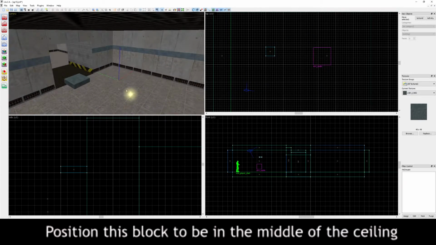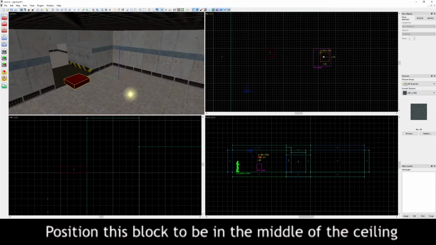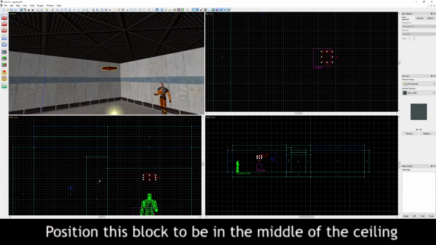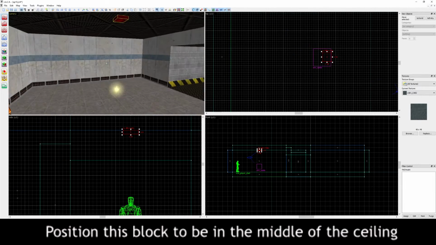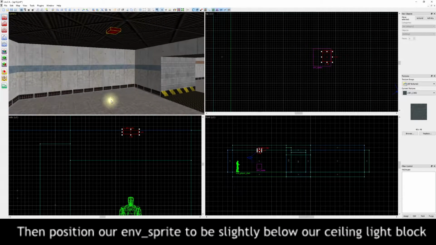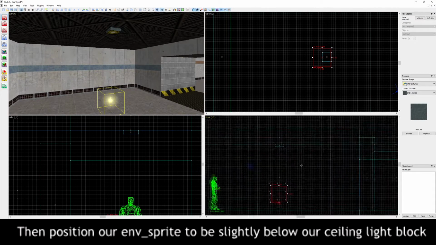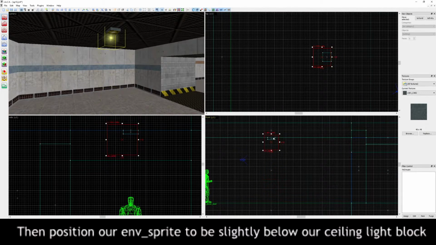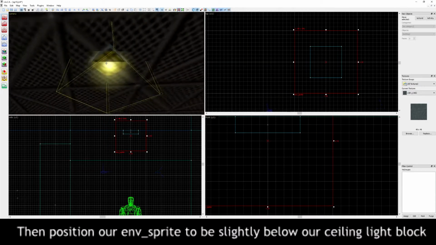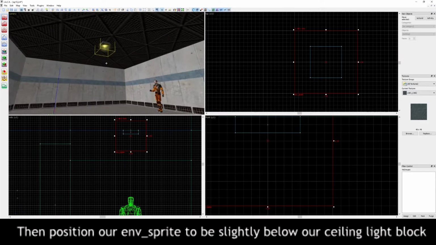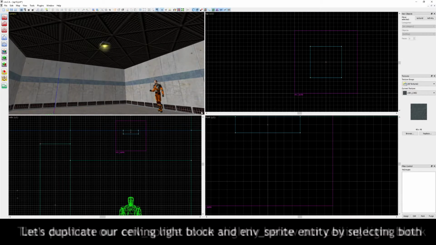Once textured, let's position our ceiling light to be in the middle of the ceiling. After that, let's position our environment sprite entity to be slightly below our ceiling light block. Now that everything is positioned, let's duplicate our sprite and ceiling light block to the north room by first selecting